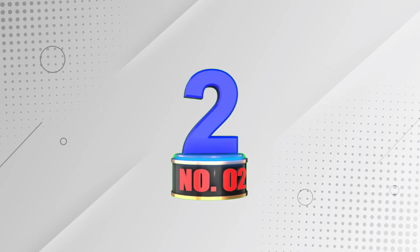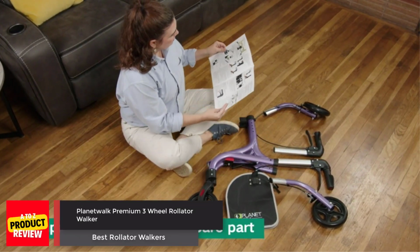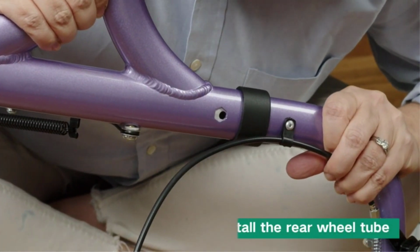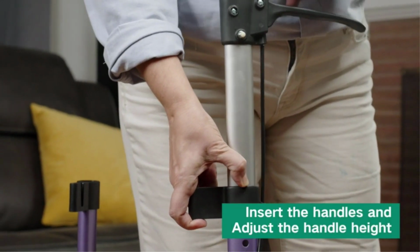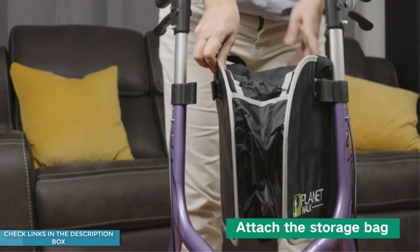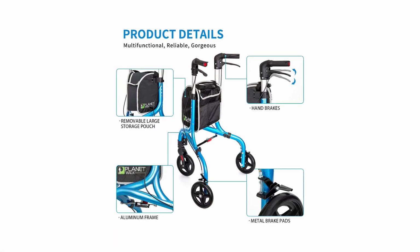Number 2. Planet Walk Premium 3-Wheel Rollator Walker. Unveiling the Planet Walk Rollator Walker, the ultimate mobility aid for the elderly. This ultra-lightweight aluminum walker is surprisingly easy to maneuver and foldable for easy storage, making it the perfect companion for daily use. With its generously sized wheels and comfortable hand grips, this 3-wheel walker ensures maximum stability and support for